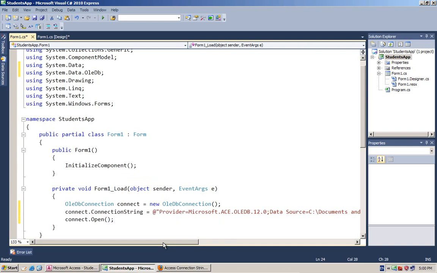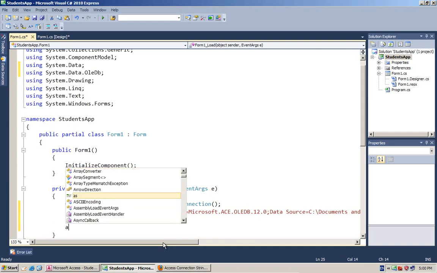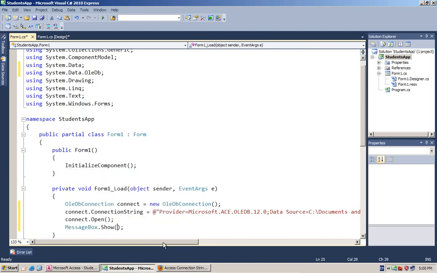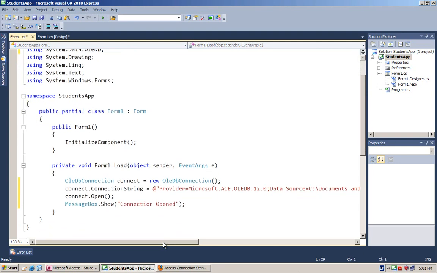Now in case, okay, this code is placed in the form load code. So in case there was a problem connecting to this database, we will have an exception. Otherwise, this message box will be displayed. I'll press F5 to run the application, and okay,